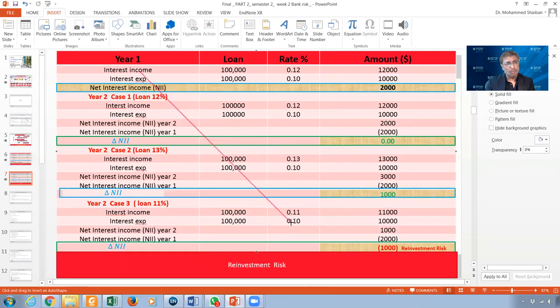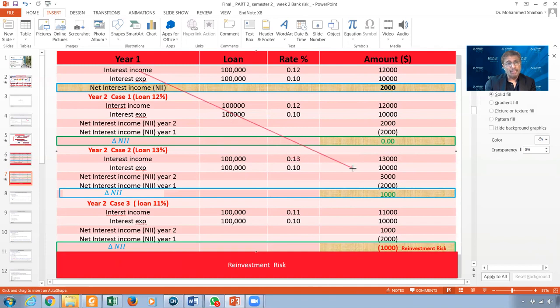The loan, when it finishes in the first year, it can be 12%, which means there is no problem here. There is no impact. Or it could be 13%,